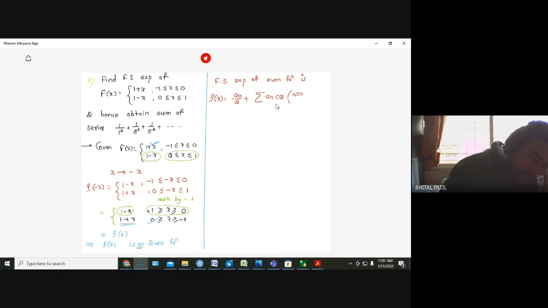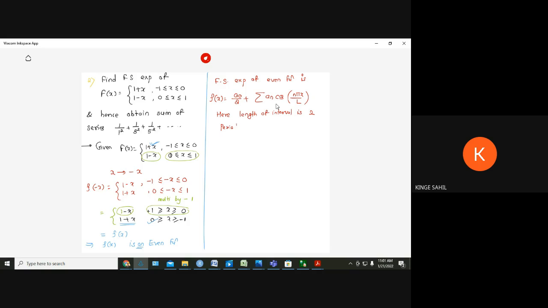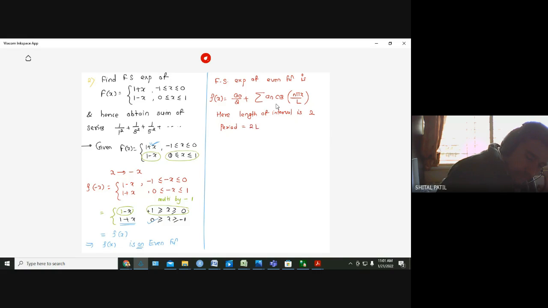Therefore, n pi x divided by L here. What is the length of the interval? Minus 1 to 1 now. The function is defined from minus 1 to 1, so the length is 2. So L is 1. So f of x equal to